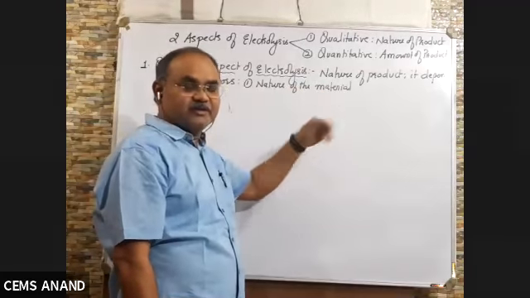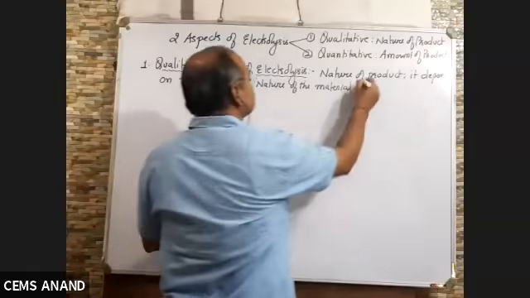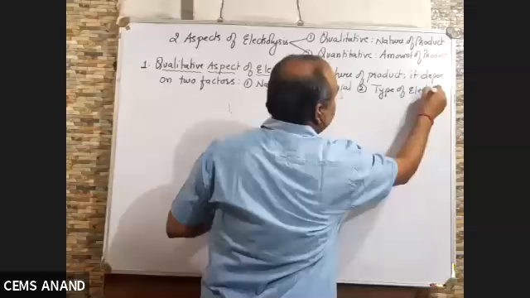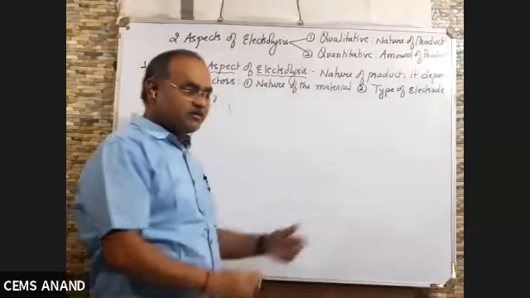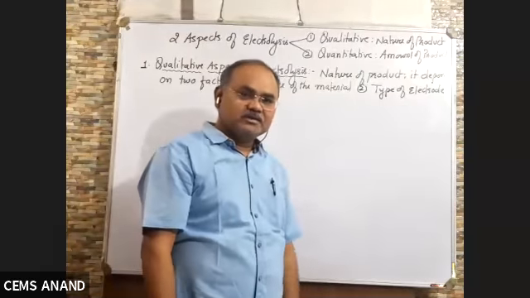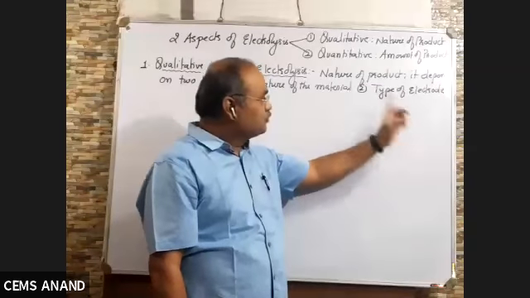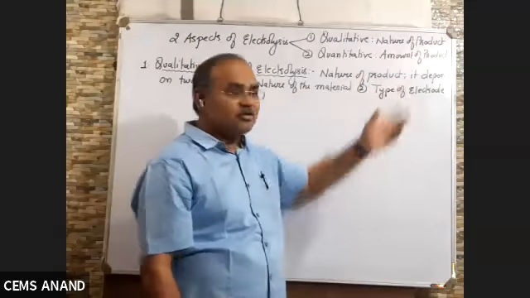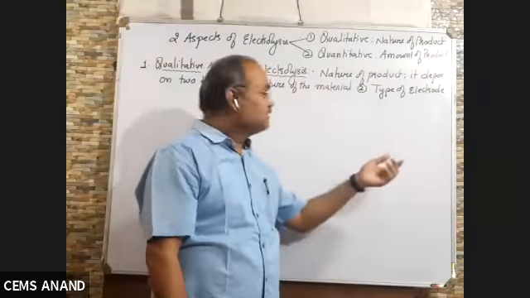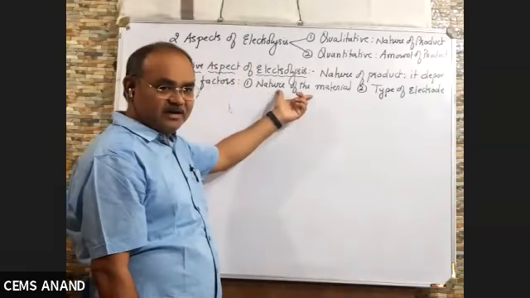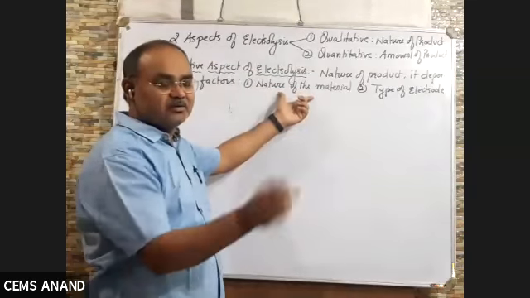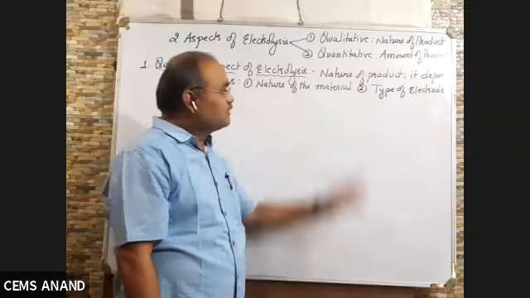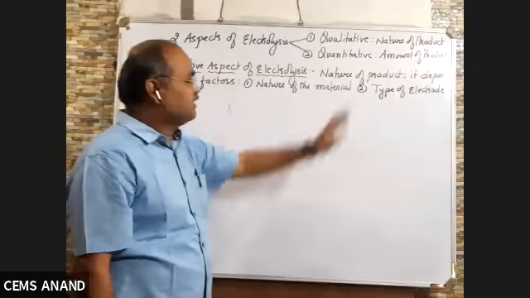It may be concentrated, it may be dilute, it may be molten. And second is type of electrode. Already we have studied the type of electrode, active electrode, inert electrode. So if you use active electrode and if you use inert electrode to carry out the electrolysis of the same compound, the nature of the product will be different. Clear? Same way here also. If you use a material, NaCl dilute, NaCl concentrated, NaCl molten, then also the nature of the product will be different. So nature of product depends on two factors, nature of the material and type of electrode.